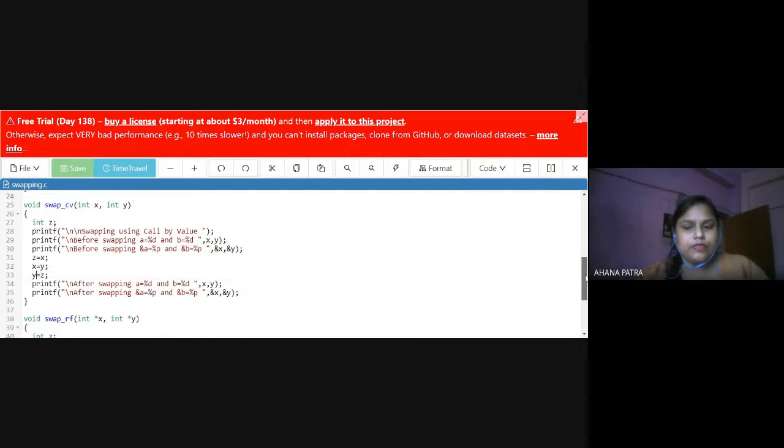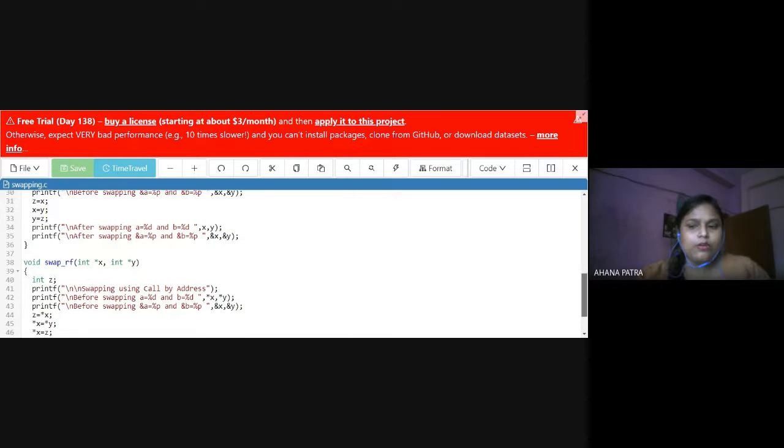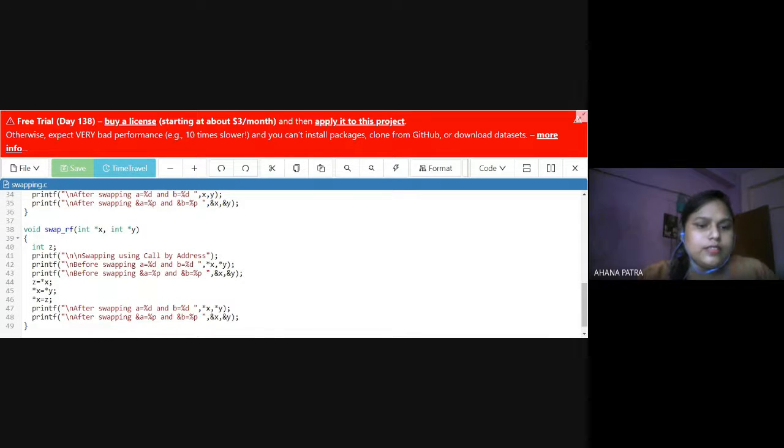In the next function, call by reference, we get addresses: the address of a and the address of b are put into the x variable and y variable. So x is a pointer variable and y is another pointer variable, x points to a and y points to b.